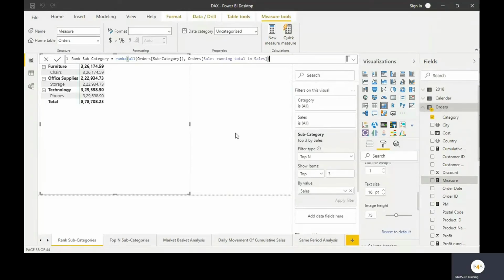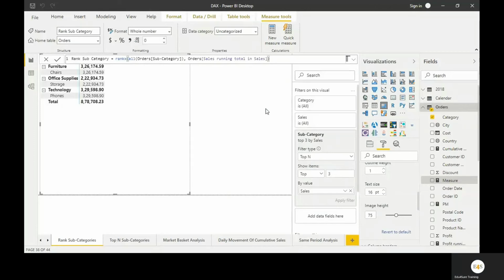How to remove those filters? Now we do not have any manual control over it because we are doing it using an expression. So we will use the ALL function so that whenever the loop is getting repeated to find out the next rank, that earlier filter is getting removed. So this is the purpose of using the ALL function here. And the second argument is that we need to rank the subcategories on the basis of total sales. So this is the reason we have taken this.